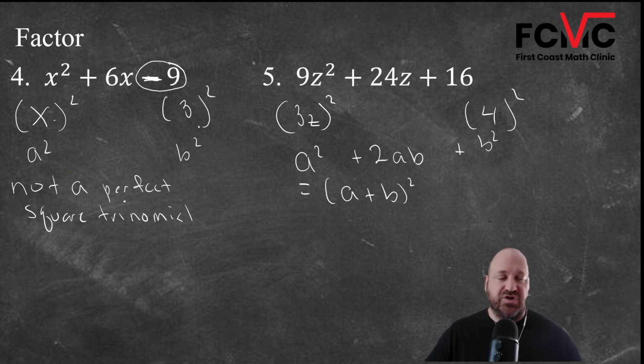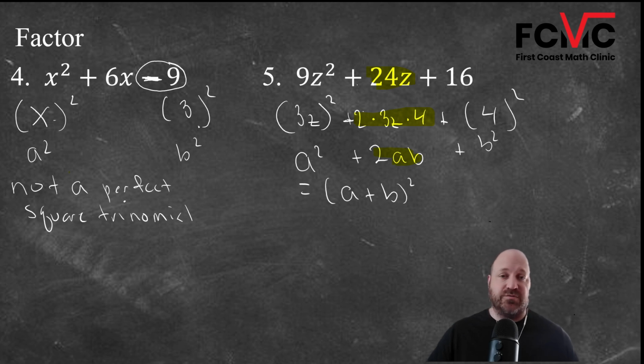If this is a perfect square trinomial, well, this is plus 2 times a, which is 3z, times b, which is 4. Now if we multiply these terms, 2 times 3 times 4 gives us 6 times 4, which is 24z. So this checks. 2 times a times b